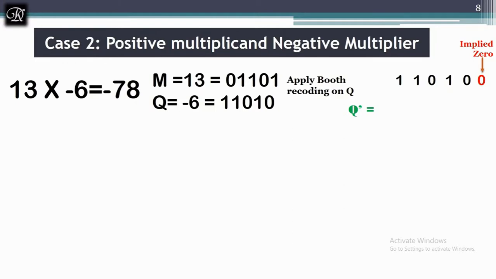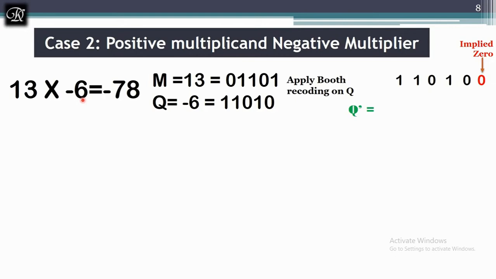The second case where we are going to find a multiplication of positive multiplicand and negative multiplier. This is where we were not able to find the answer with our school day technique in binary, right? So we'll see that. I'm having 13 as before, it's a positive number, no need to worry. Find the binary version of it, and the multiplier is -6. So the 6 is actually 0 0 1 1 0, which we have seen in the previous example.